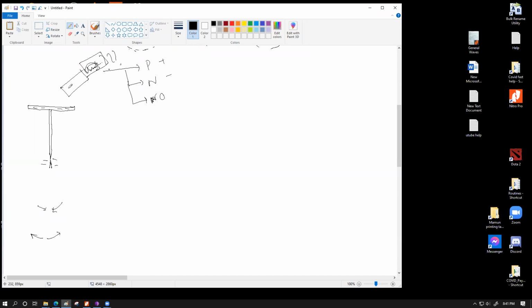If this object is positively charged, it will attract further electrons to the top, which means more electrons have to rise upwards. So here the electron concentration will increase, and here the electron concentration will decrease. This will still be negatively charged, but not as much as earlier. So it will be less negatively charged, which means the gap will decrease. If you see the gap decrease, that means this unknown object can be positively charged.